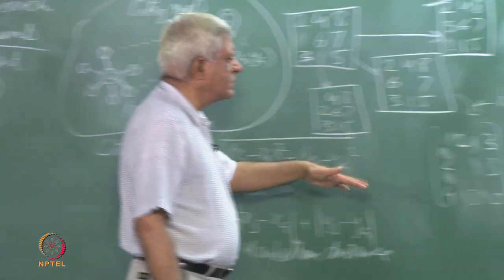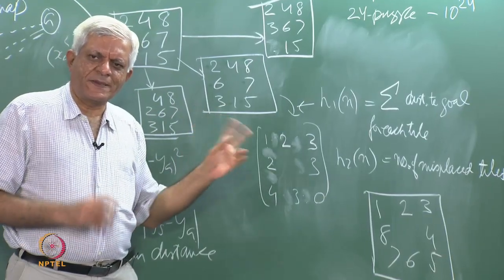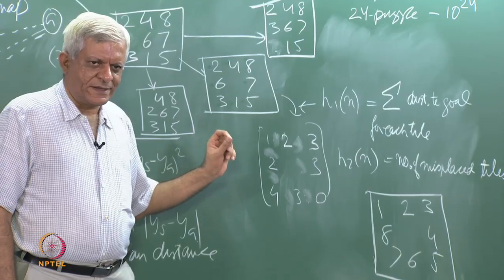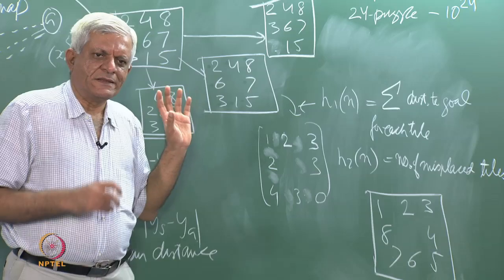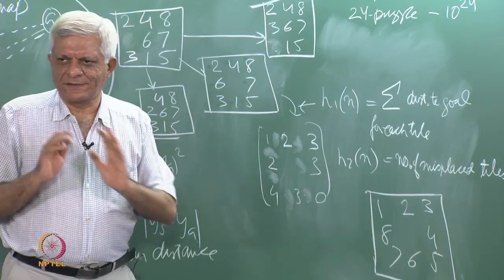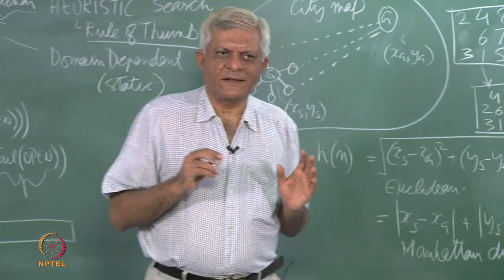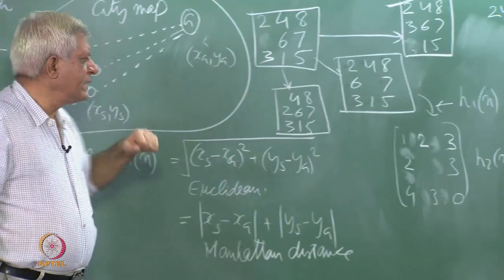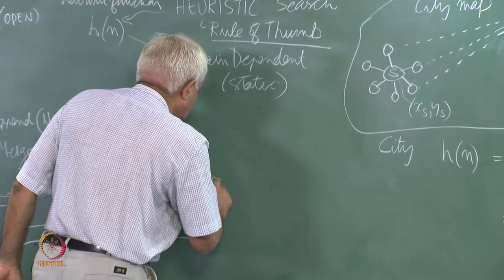Supposing I were to tell you that these are the two heuristic functions to use, what does your intuition say? See, there are two aspects to making this choice. One is the cost of computing the function, and second is the benefit that it gives us. What is the benefit? The benefit that we are looking for is that we should guide our search better, or in other words, one way of counting this is that if you let us say run 10,000 experiments on this 8 puzzle, then you could compute something like this, a measure